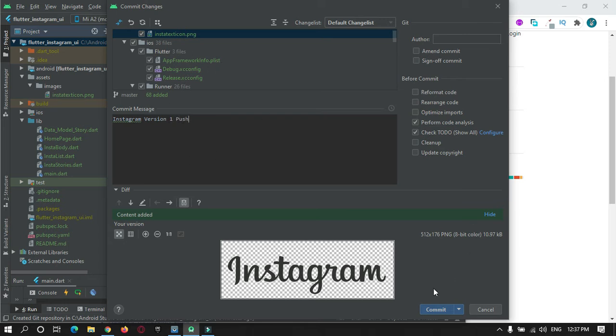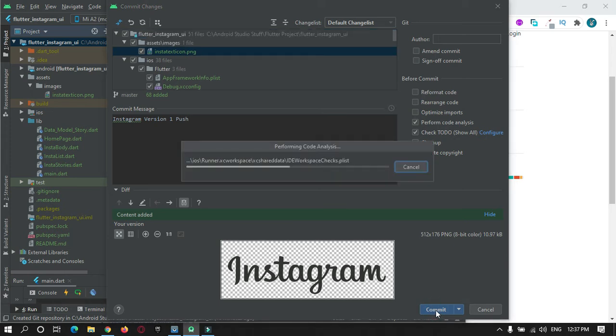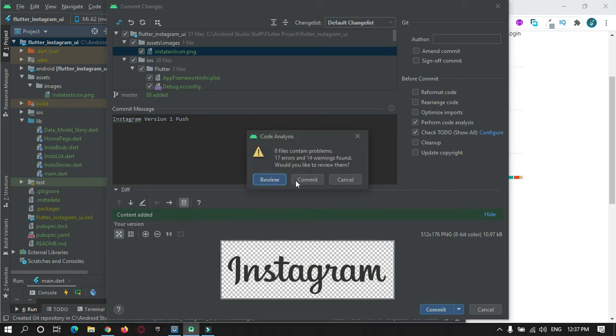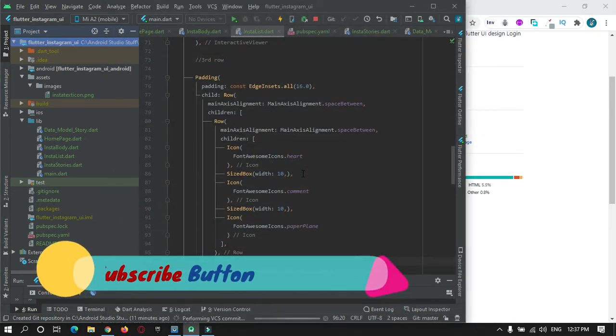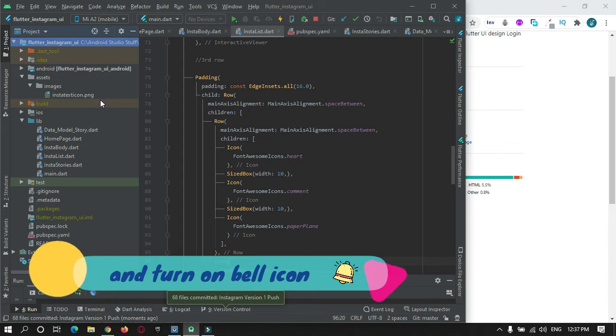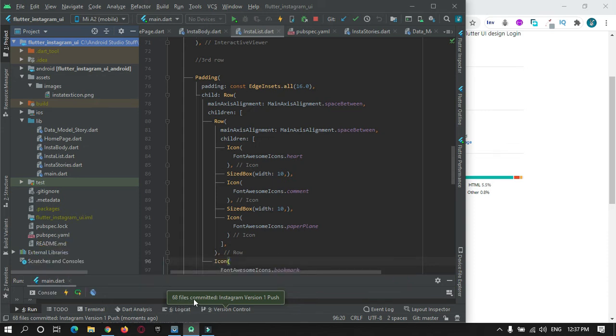Okay, after doing this, just commit it. Okay, then 68 files have been committed.